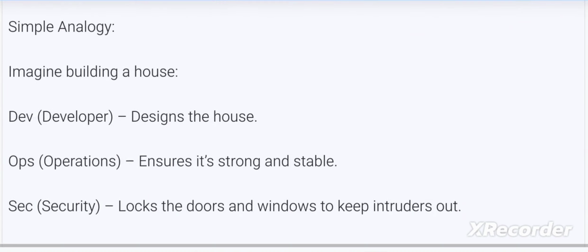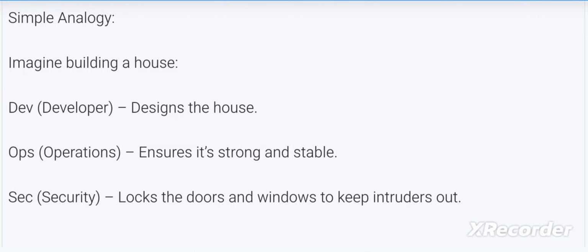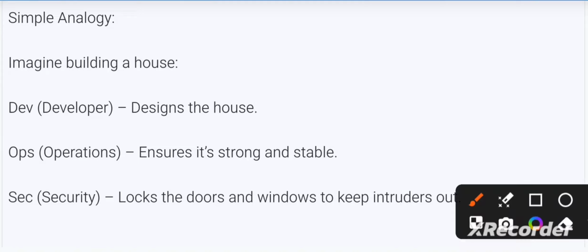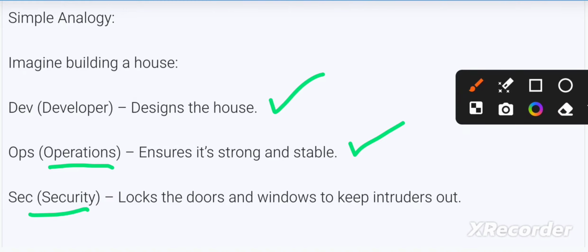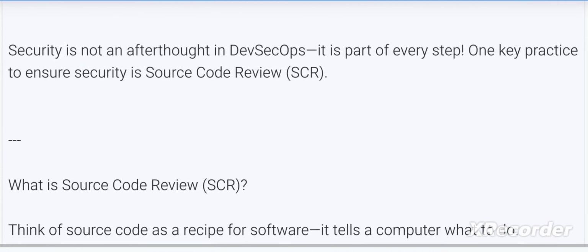And this is a simple analogy. Let's say you wanted to build a house. The dev team, as developers, are the people who design that particular house. Operations make sure it's stable and strong, and the security person needs to look after the doors and windows to keep the intruders out. The security is maintained. Okay, and moving further,